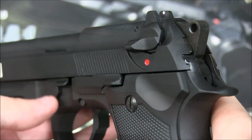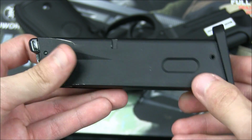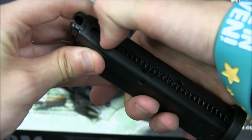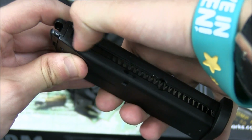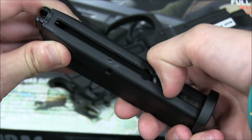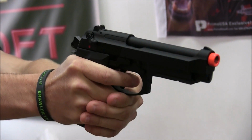I'm also okay with the 26 round magazine. Okay, maybe I'm not completely okay with the magazine. It's one of those where the first gas fill won't finish off the entire magazine, but the second fill is godlike. Can you believe that I got 22 shots when I first shot this gun off camera, but then got 101 shots later on? Yeah, that had to be an air bubble or something,